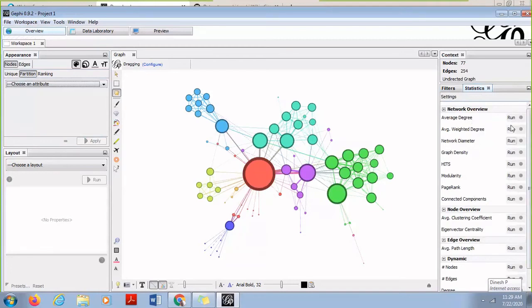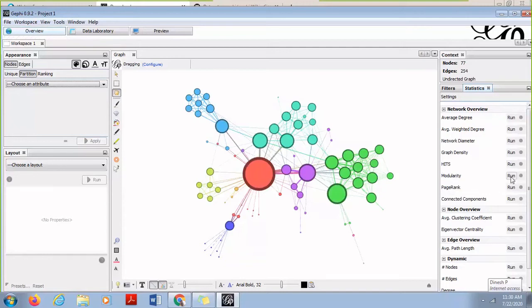So let's say if I select modularity and I want to find out how many modules or how many communities are existing in this. Modularity relates to how many different communities, or people who are of similar interest, are present in the network. That is dependent on some of the community algorithms which are run at the back end when I select this option. This is community detection algorithm.